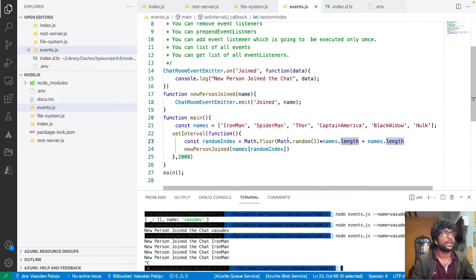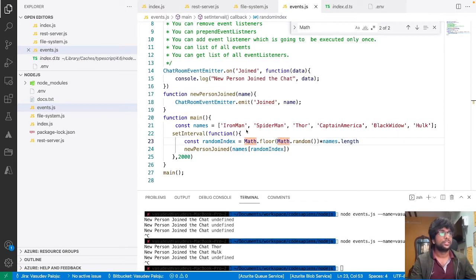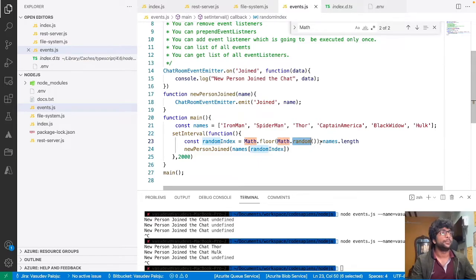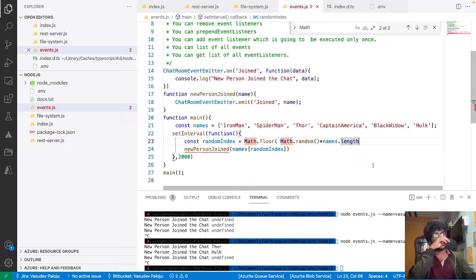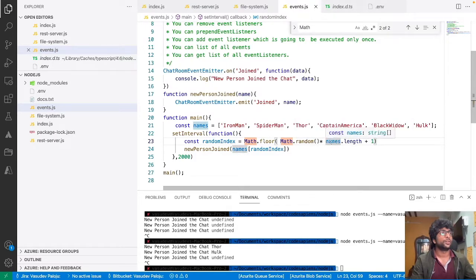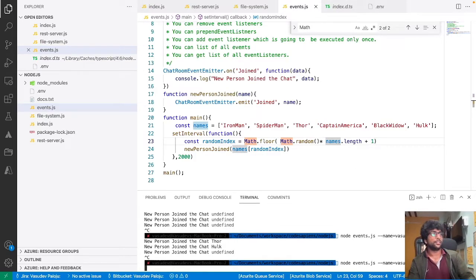The logic is math.random gives some value between 0 and 1. So first we need to multiply it with names.length plus 1, so this gives us whatever length it is, 3 or 4, or anything of that sort. Then if I execute this code,